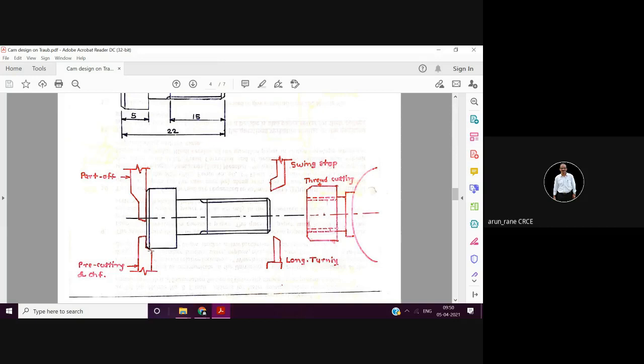So this is how you start simultaneously so that four of you reach Bandra station at the same time. Similarly, you have to start this operation in such a way that by the time this turning is completed and this threading is completed, this pre-cutting tool has reached 6 mm. And the moment this turning and threading is done, then this parting tool, having reached 6 mm, will start going inside and this tool is retracted.